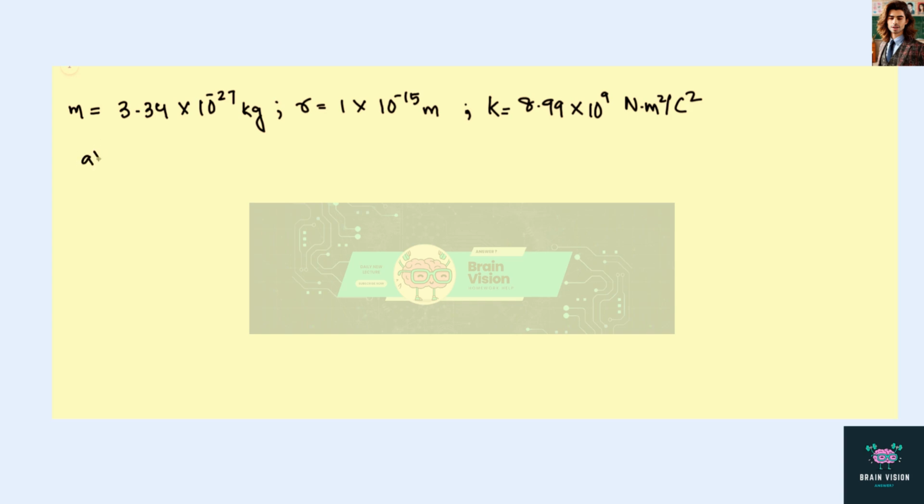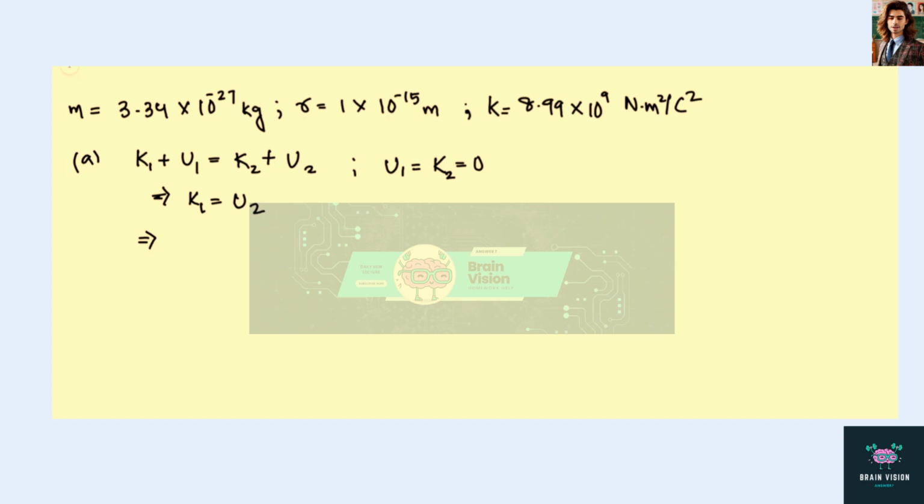So, conservation of energy says the total energy is conserved, where K1 plus U1 is the total initial energy, and K2 plus U2 is the total final energy. And we know that the initial potential energy and the final kinetic energy are zero. So this gives K1 to be equal to U2,